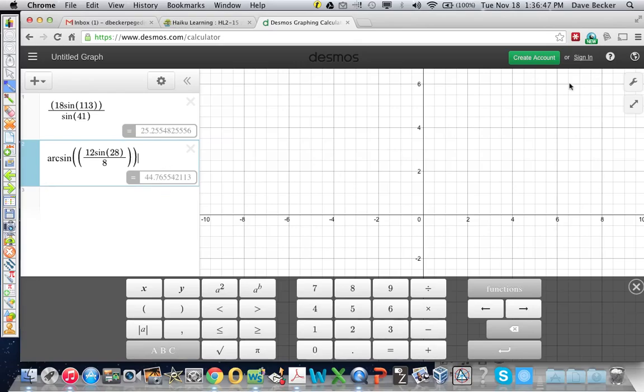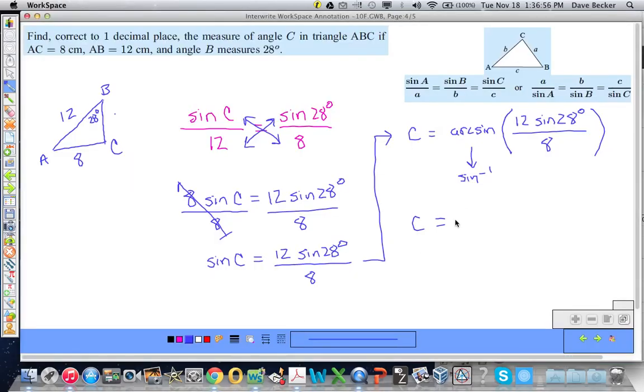And I'm already in degrees because I already changed it, and I get 44.8 degrees. Okay, 44.8 degrees. So C is equal to 44.8 degrees. And for my drawing, I guess that seems reasonable. But